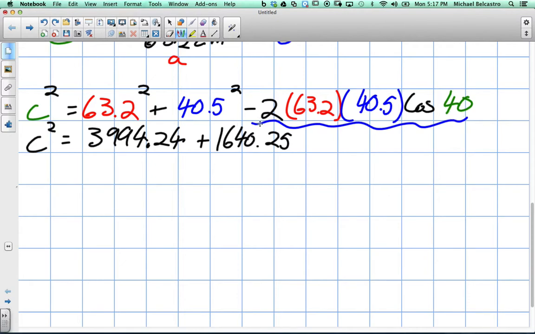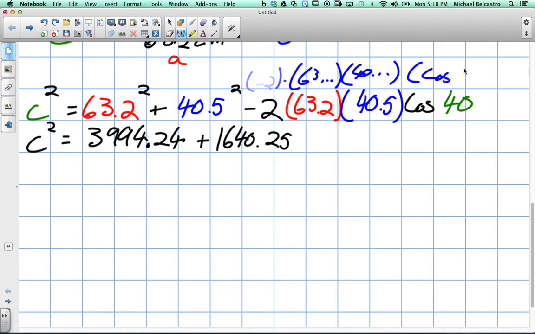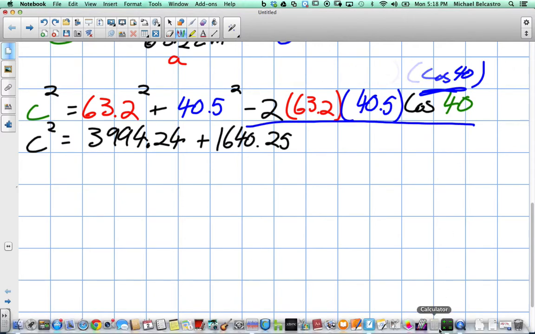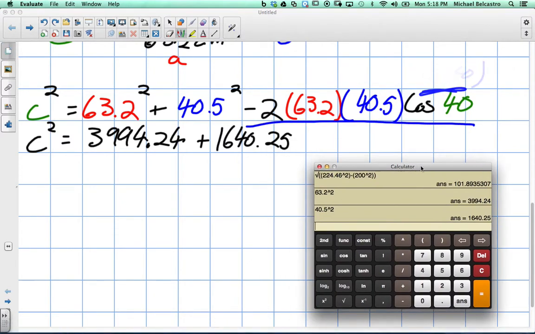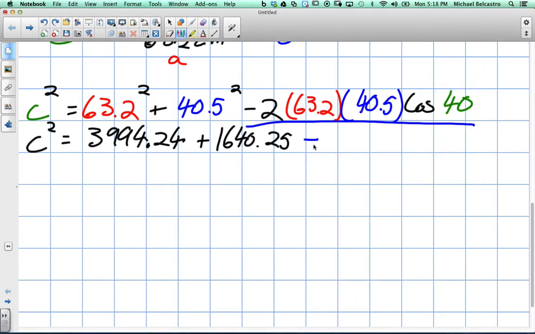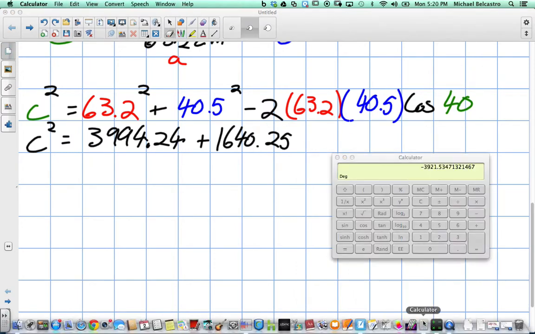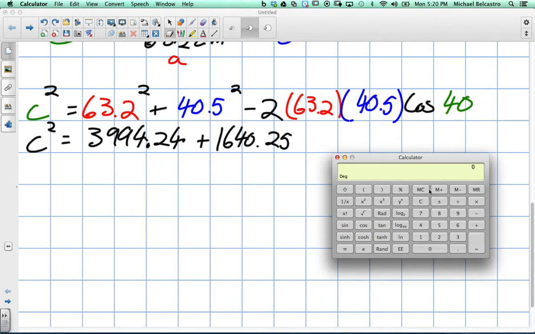You can even think of this as a -2 when multiplying. So like -2 times our 63-ish times 40-ish times whatever cos 40 is. We also have to figure that out. In our calculator, we'll probably be able to put this all in one step, so I'm going to do that. It might come out as a negative number, which means we would use it as a subtraction. If it's positive, we'll add. I'm going to make sure the calculator is in degrees. So I'm going to do cos 40 first. So 40 cos gives us that value, times 40.5 times